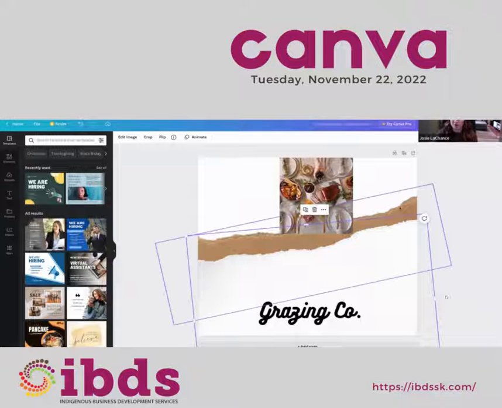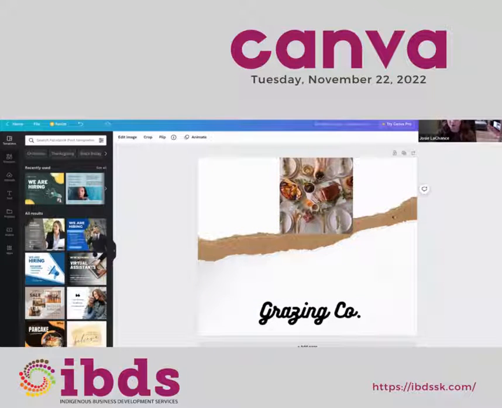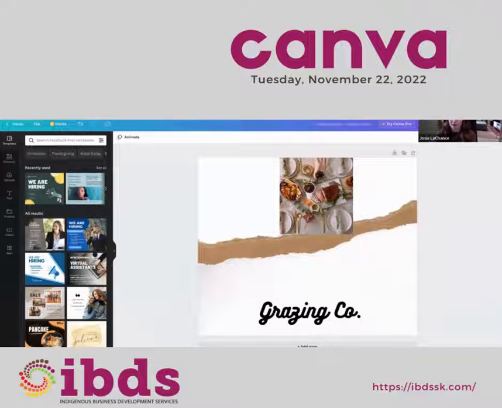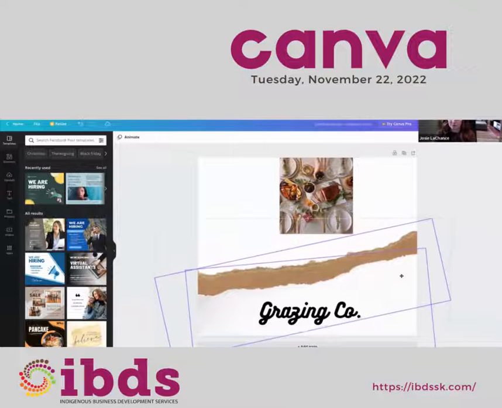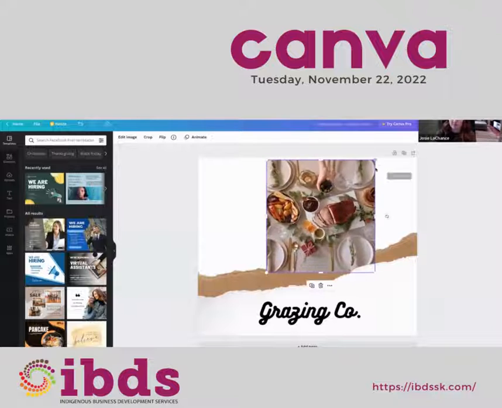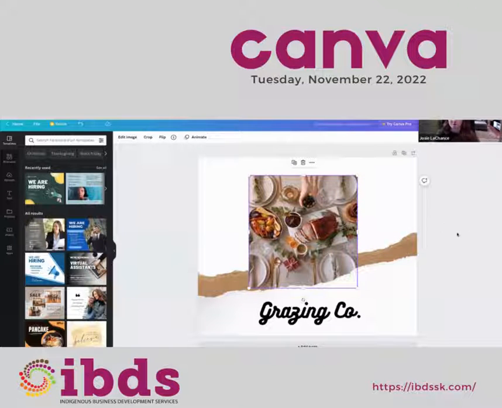And maybe we're going to just move them down because, like I said, this template is longer than the Instagram one. So I'm just going to select them both and move them down. I'm going to bring my image over.